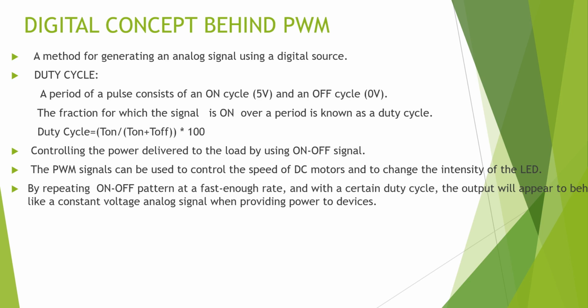See guys, this is our agenda. On the microcontroller board, I have either 5 volt or 3.3 volt. That is fixed, that is constant. But using that, I want to make some different voltages. For example, 1 volt, for example I may need 2 volt, for example I may need 2.5 volt, etc. So how can we achieve this? Because we have only two states, 0 volt or 5 volt. So yes, using the PWM, I can achieve that.